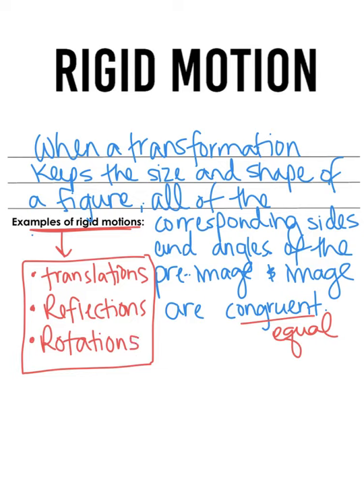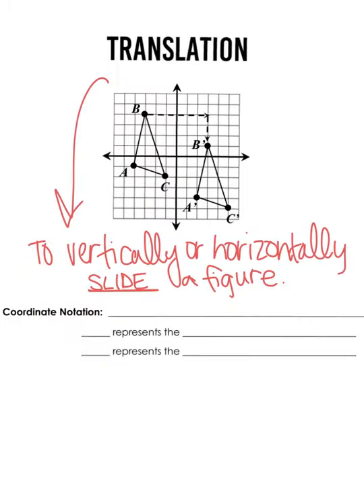And then today we're going to focus just on translations, and then next week we'll move on to reflections. Okay, so moving on to what I said we were going to focus on this week, which is just translations. A translation is when a figure is vertically or horizontally slid. So when you vertically or horizontally slide a figure, so basically just moving